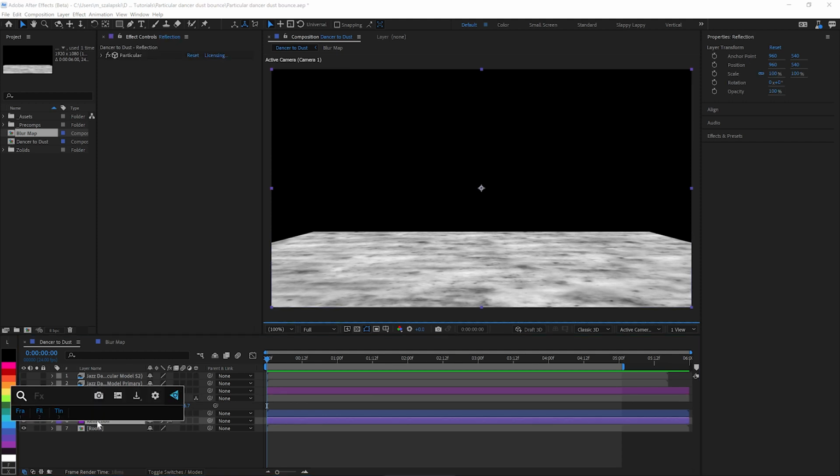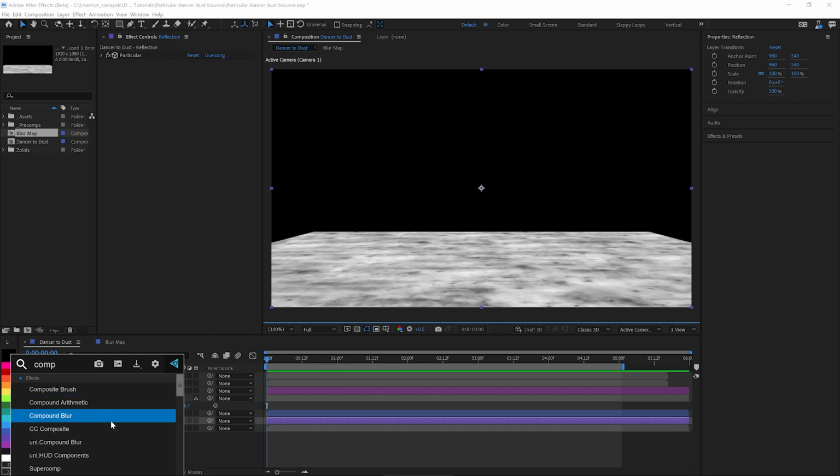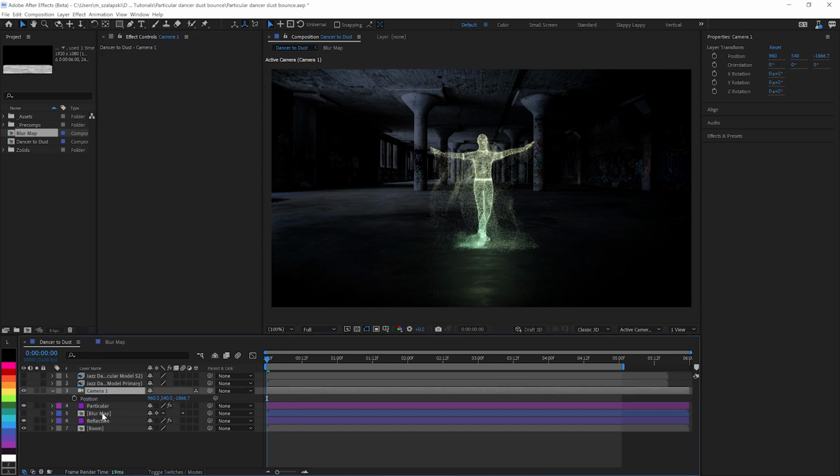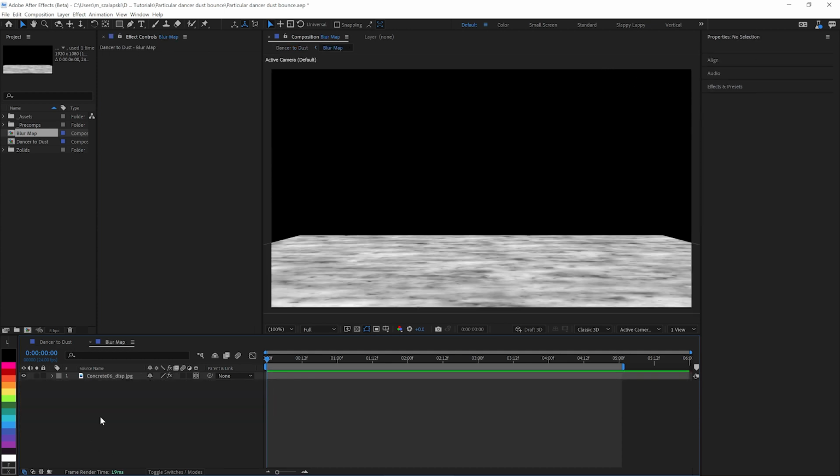For our reflection layer, we will add the compound blur effect. And we will reference the blur map and crank the value up nicely. And you can see we've got some nice texture showing up, and it looks like it's reflecting this floor. I'm looking at this floor, and I'm thinking that's not quite got the detail I want. I'm going to pop back into the blur map